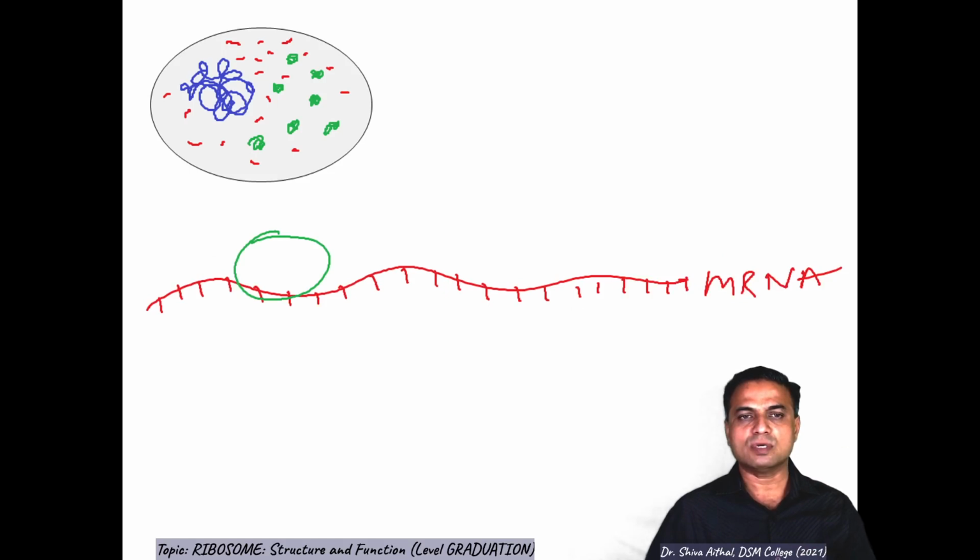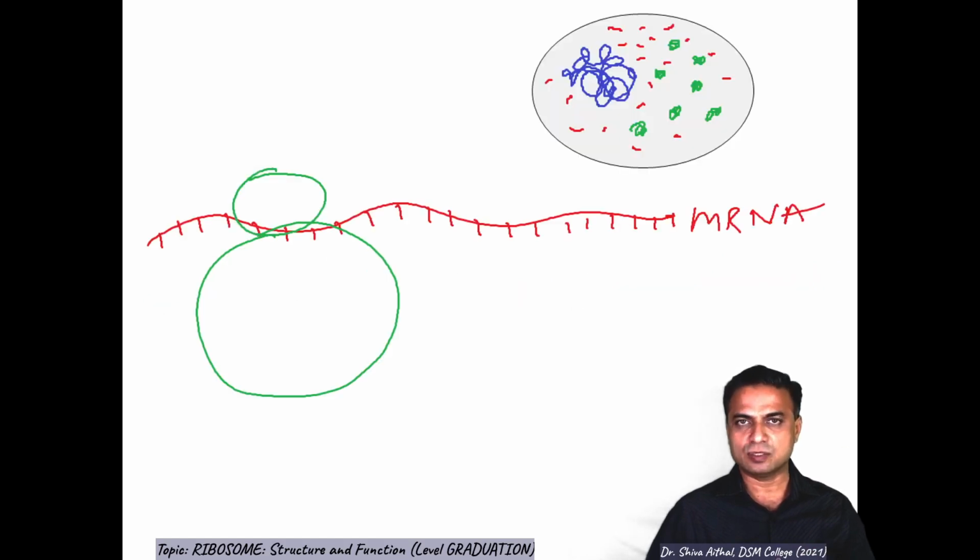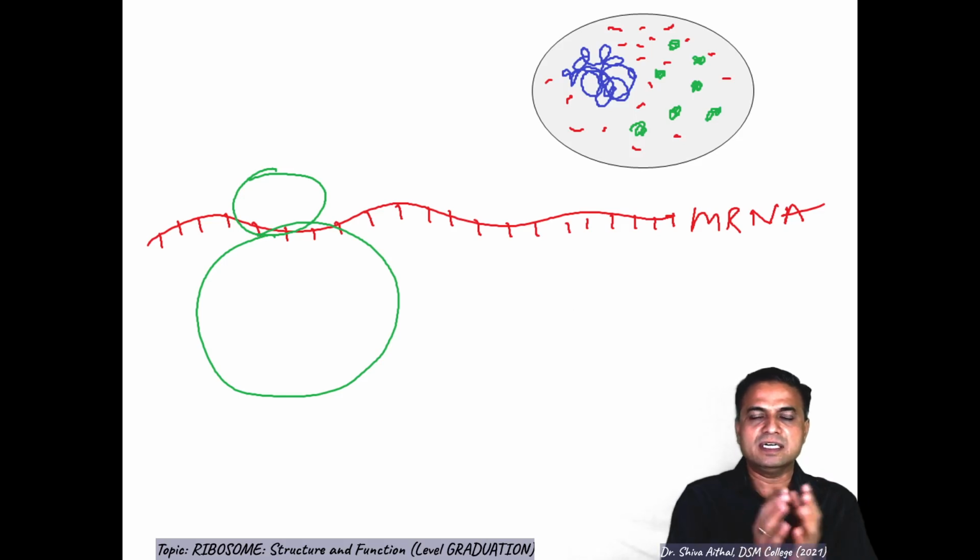So there are two subunits, 30S subunit and 50S subunit. In my next slides I will give much more detail about the formation of this 30S and 50S. What is S in that? The Svedberg unit. We will see in great detail. But here just imagine the point where ribosome is needed and what is its function, what is its structure, that we are going to discuss today. So ribosome, it is binding onto mRNA.